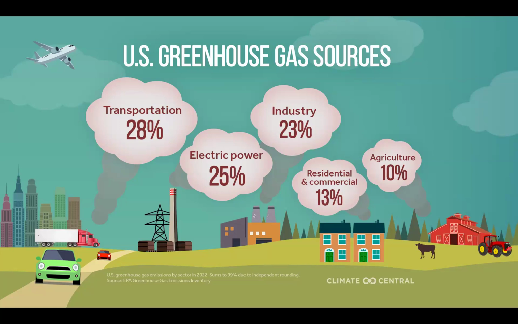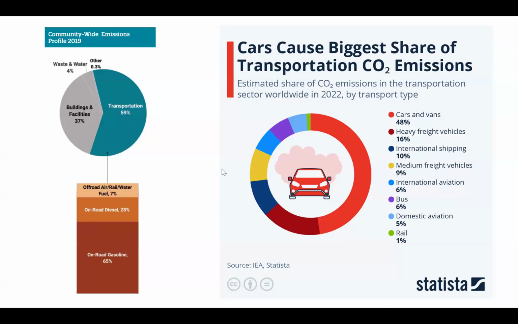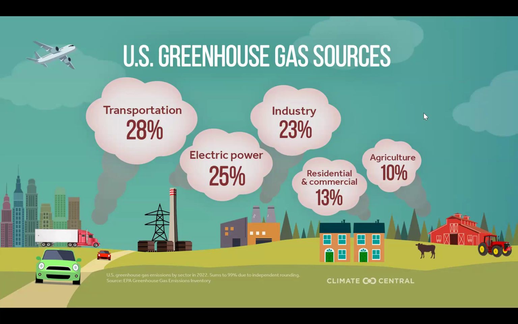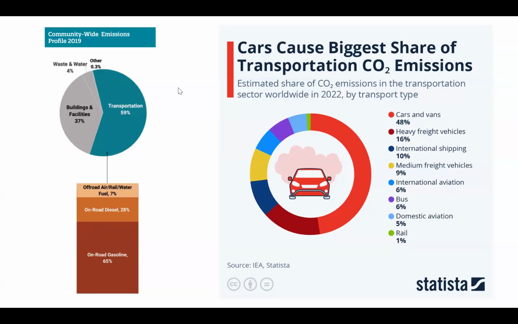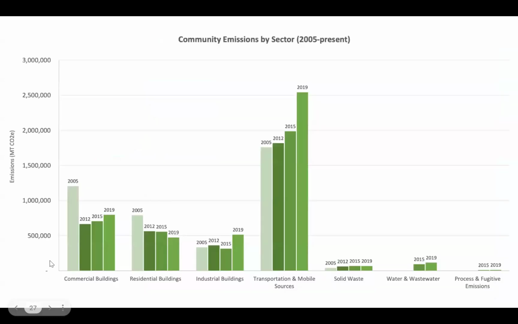we get around, how much land we get to farms versus homes, how much homes are on a plot of land. As an example, within transportation, cars and vans nationally are 48% of emissions. What I find interesting is, again, if you look at the US, transportation is only 28% of emissions, but this is from our sustainability guide from 2021 in Knoxville. Here locally, it's 59%. We're a very suburban city. Most people drive, and you can see that it's on-road gasoline, so mainly personal vehicles that are causing those emissions.